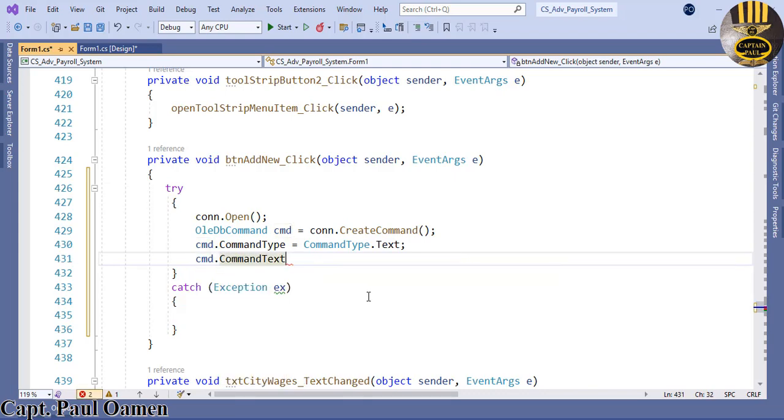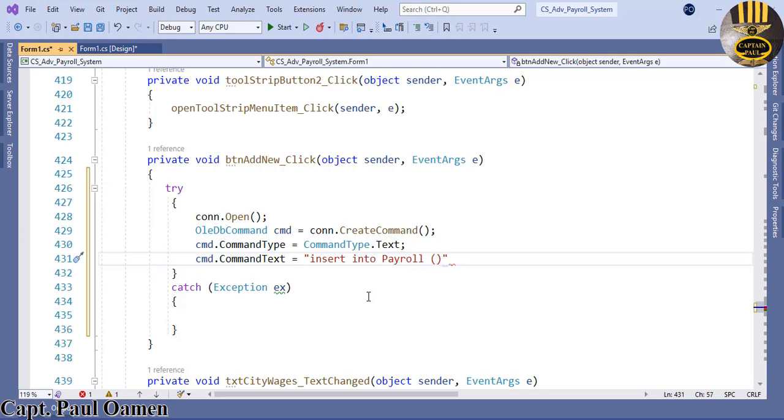That is where I will now enter my SQL. That will be equals as follows. I'm going to ask the system to insert into my database called payroll the following: